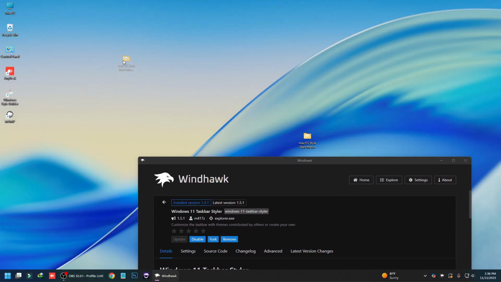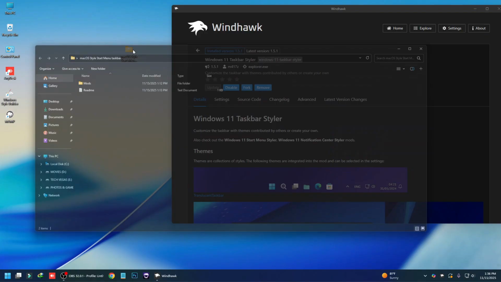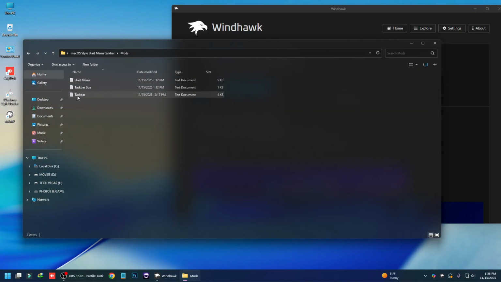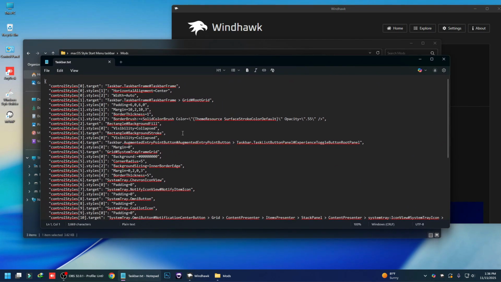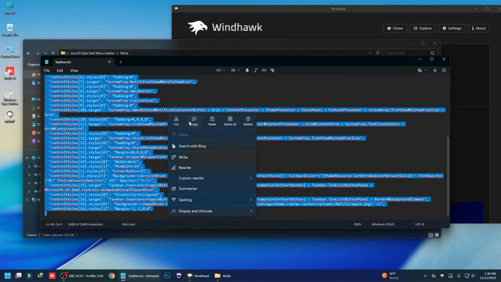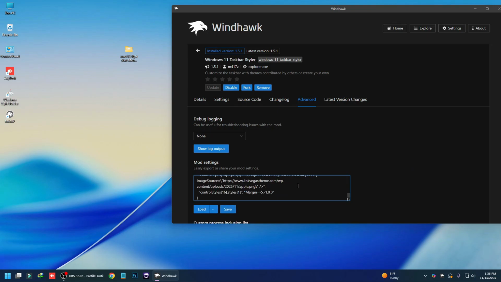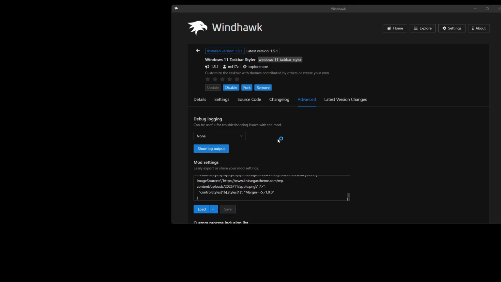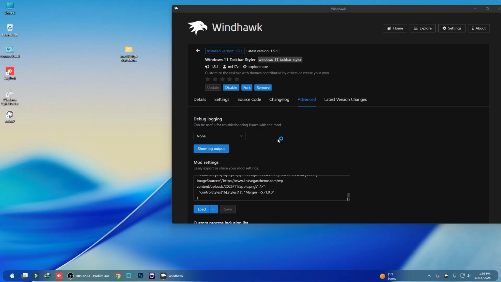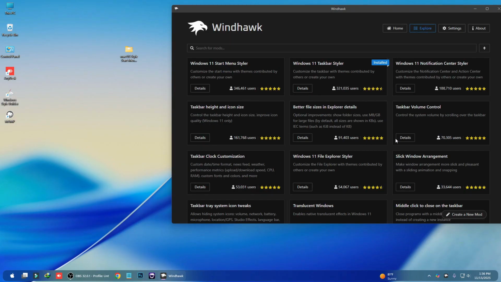Now go to this theme folder and here you can see these mods, and open this taskbar and then copy this complete code and then go to advanced and paste it here and then click on save. Okay, now we have to install another mod called